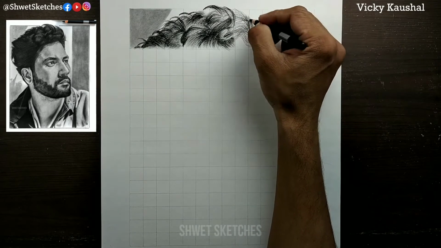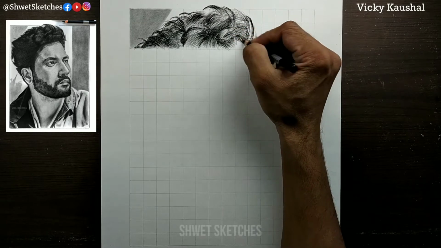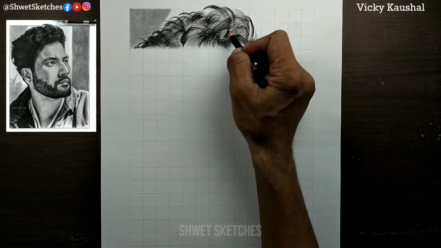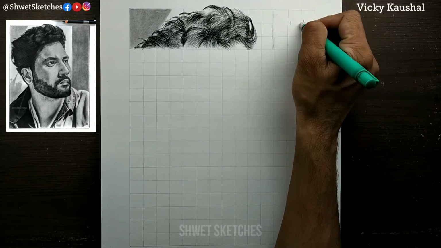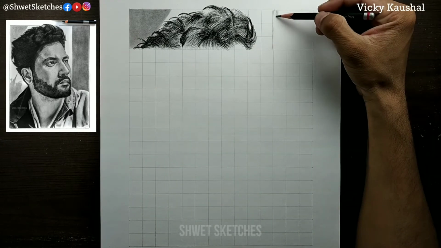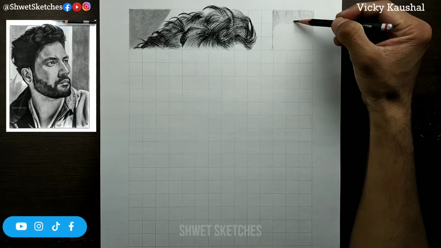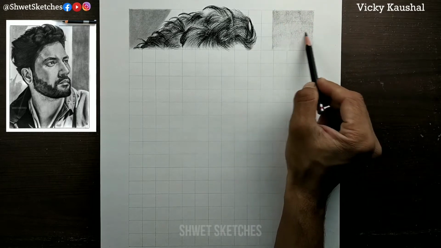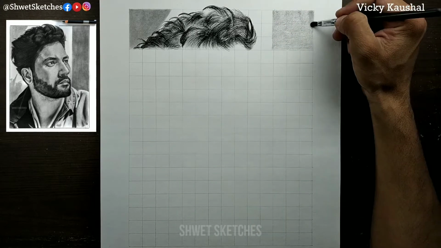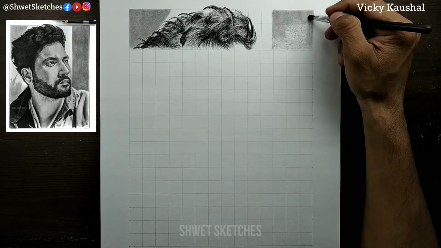So we are going to start the portrait by making the hair of Vicky Kaushal. As I always say, see the details and the color of the hair in any reference picture that you are using. If the hair is a little shiny or brownish, a little whiter in color, not completely black, always use a graphite pencil.